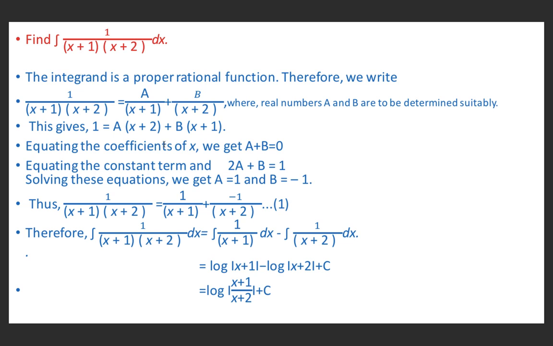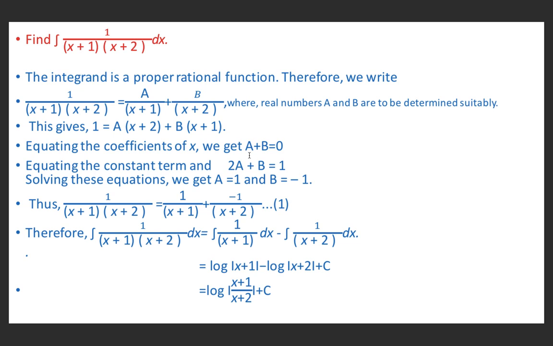Now we see the constant term. On this side we have 1, on this side we have 2 with a outside, so 2a. Here we have 1 and outside is b, so this is b. So 2a + b = 1. By equating the coefficient of x and the constant terms, we have two equations here. And you know how to solve these two equations.